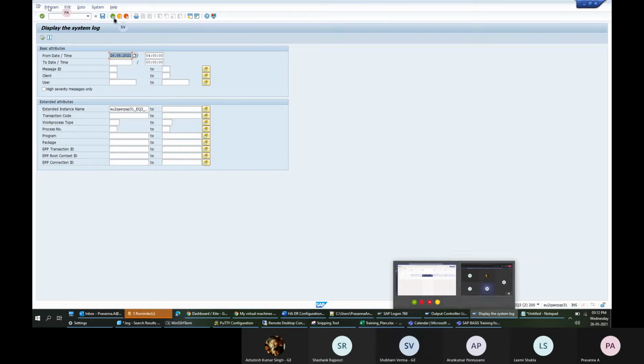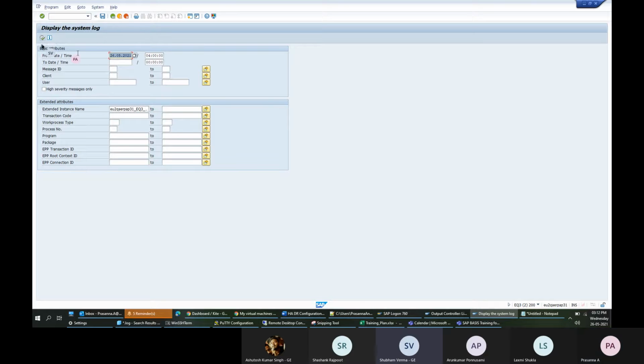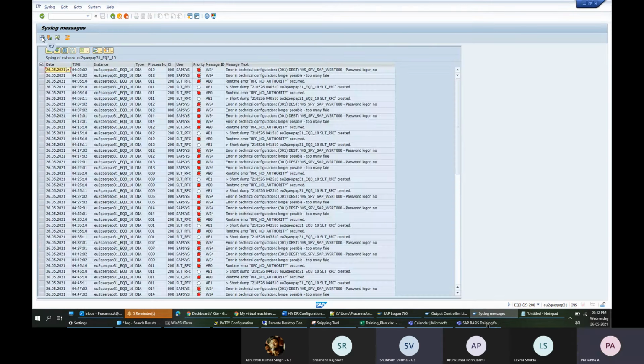This execute button. Okay, so here it is showing all the logs, which are currently running and which have some errors.